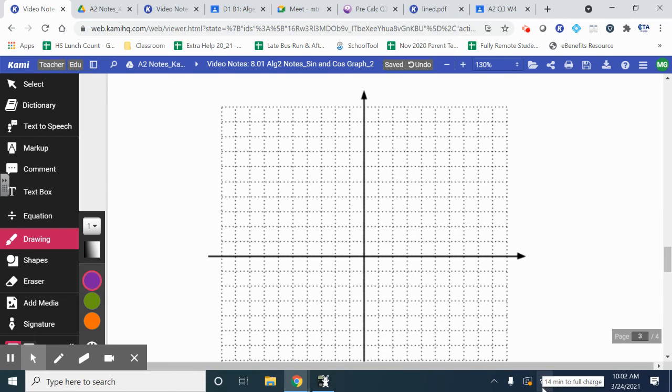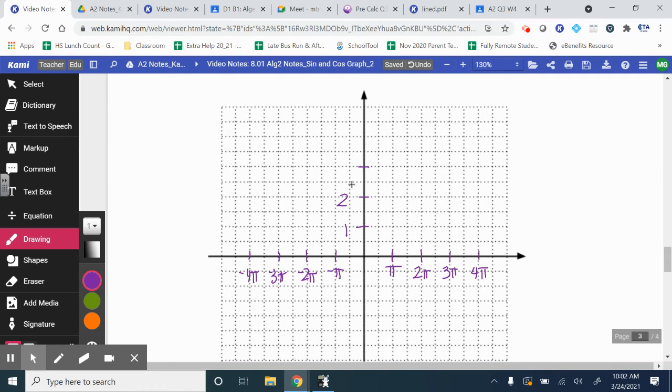But before we can do anything, you always have to set up and label your axes. So I'm going up by pi. So 1 pi, 2 pi, and I want to graph it to 4 pi, so we're good stopping at 4 pi. I want to go to negative 4 pi, so I need to include my negative x-axis as well. 3 pi, negative 4 pi. So I skipped 2 boxes each time. And then I want to get up to 4. I'm actually going to skip 2 boxes here